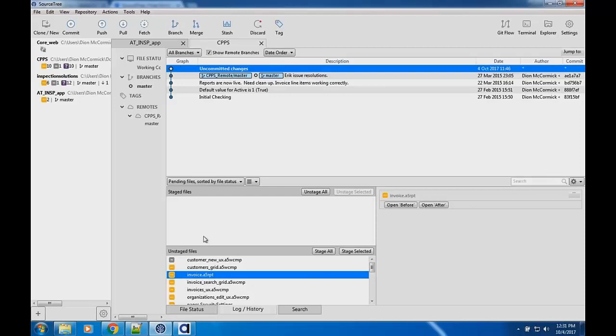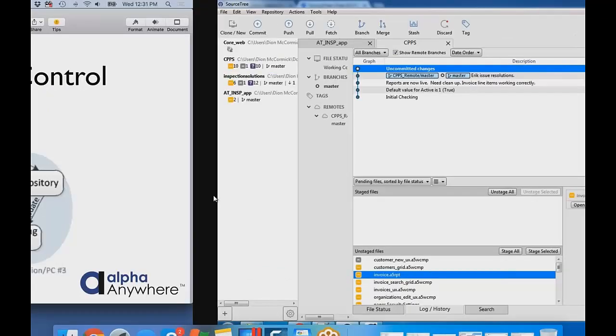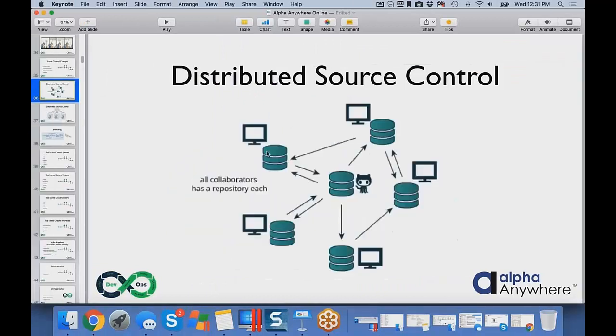Let's say someone else was working on that report, and there's already a newer version of it in the repository. So I'm here doing my stuff, you're there doing your stuff. This person might have changed that report and pushed it into our central repository. They were able to do that because nobody had changed it. But now I went in and made a change to the same file, and I go to make a commit.